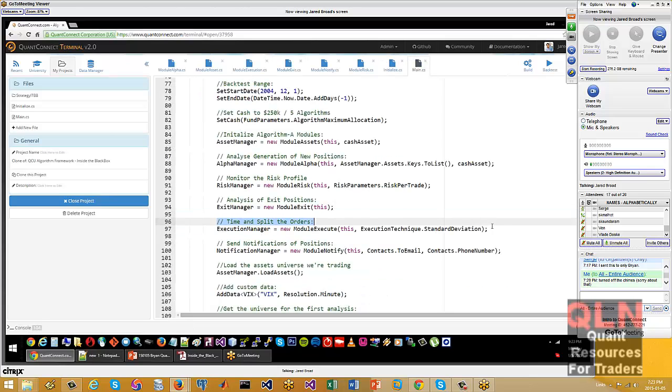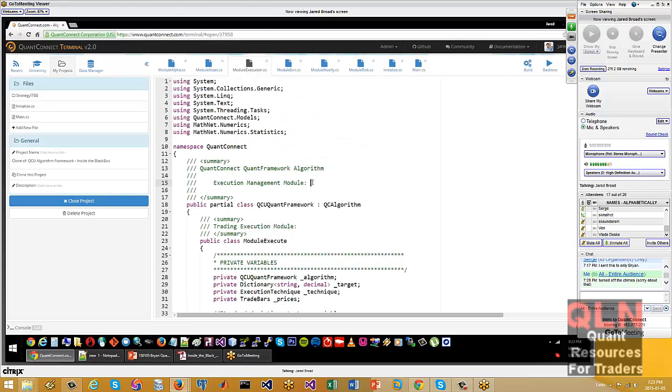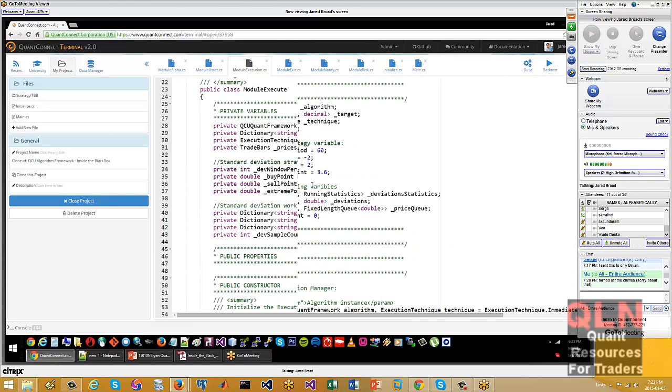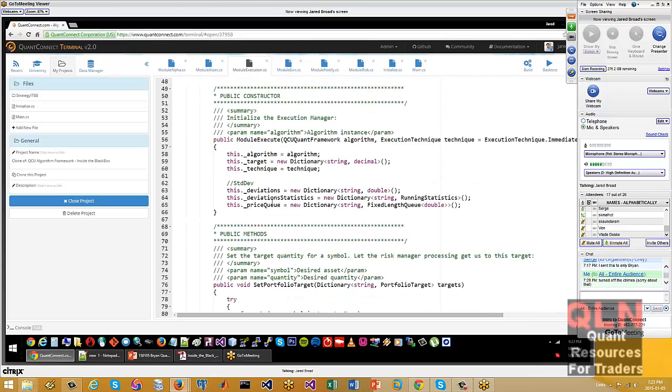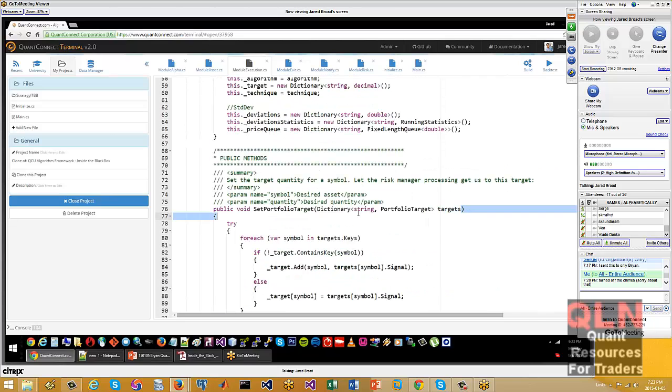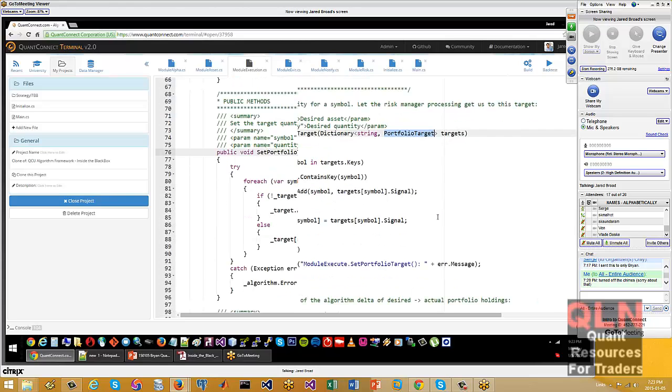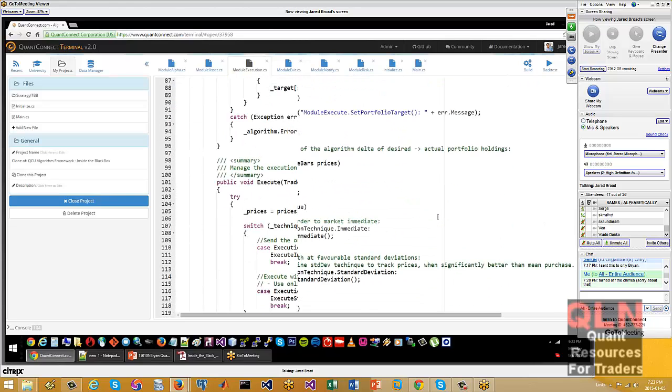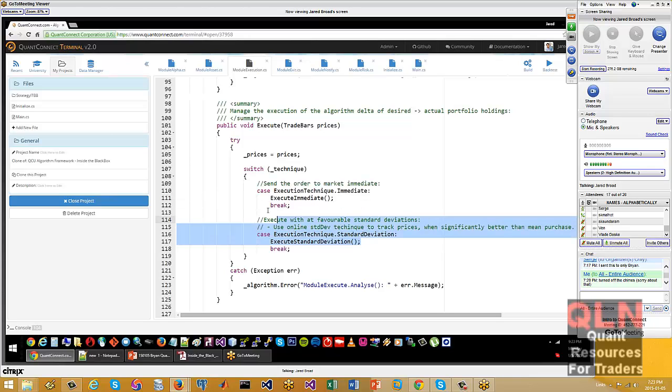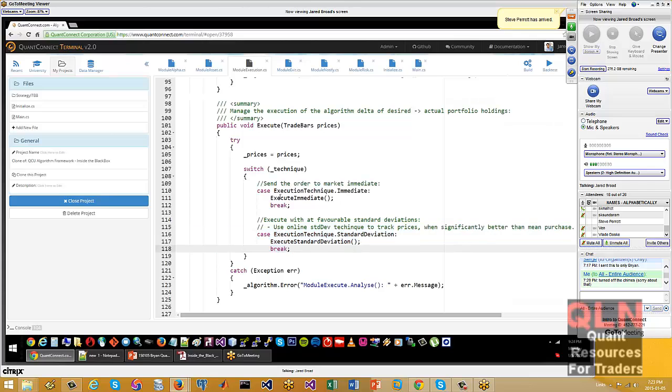And then finally, an execution manager. We have here the execution manager, and it needs to take a set of portfolio targets, where we want our portfolio to go, and then execute them in whatever way is best. In this case, we've written 2 execution scenarios.